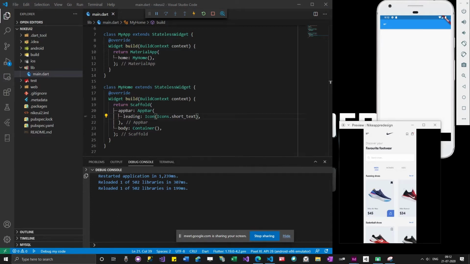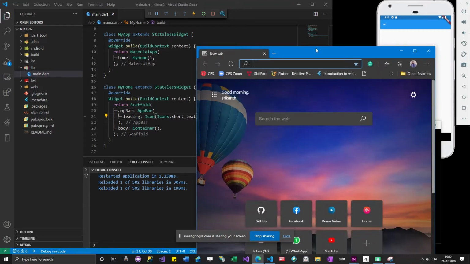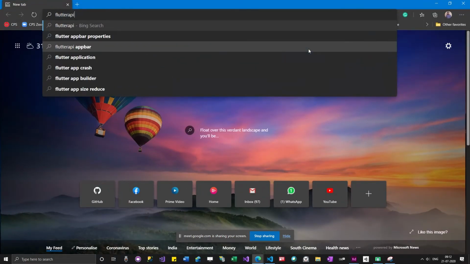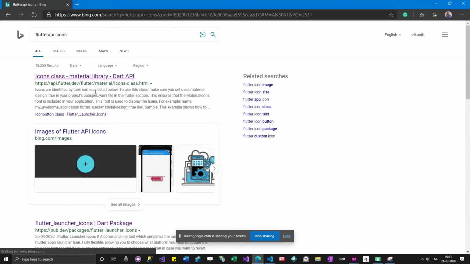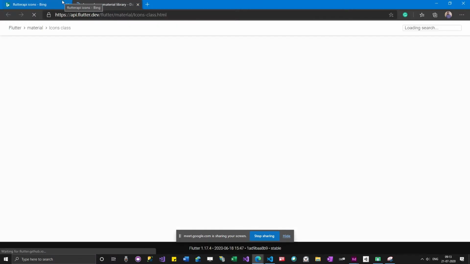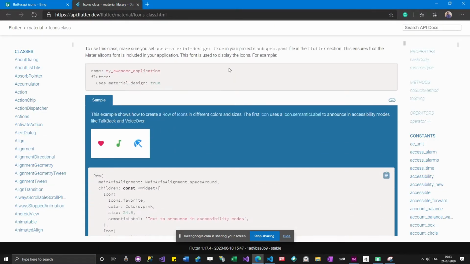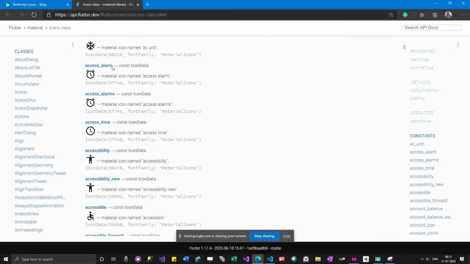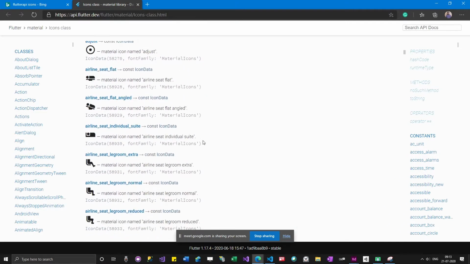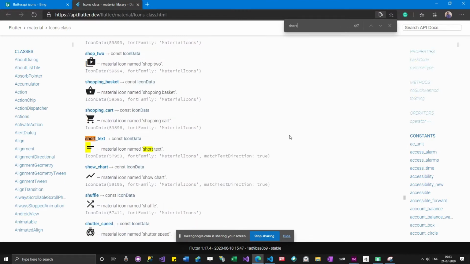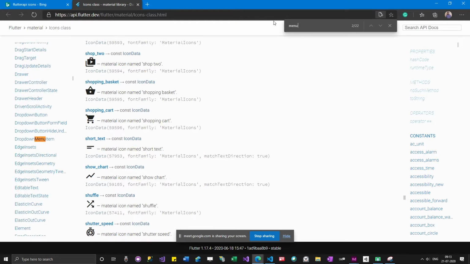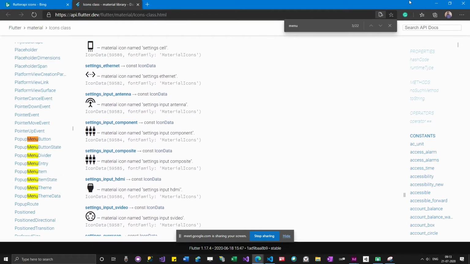today morning I actually went to Google Flutter API icons. Okay, so whenever you want to search Flutter documentation, you have to search with Flutter API. Even Flutter space icons might take you to the same article, but many things will be duplicated and you might not land on the correct pages. So I have scrolled through all these icons and found that short text is the one that I can use.